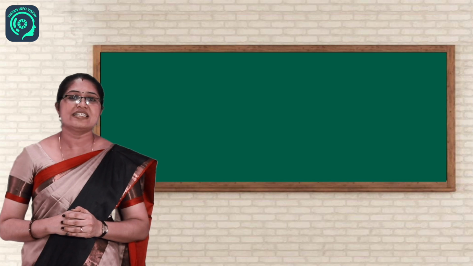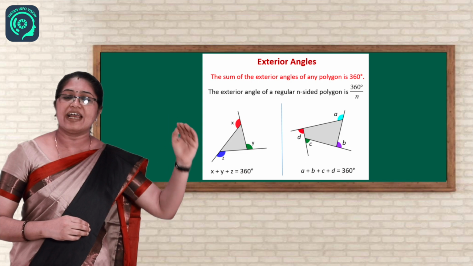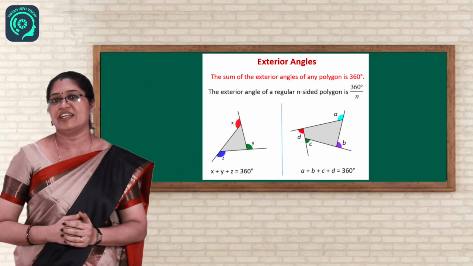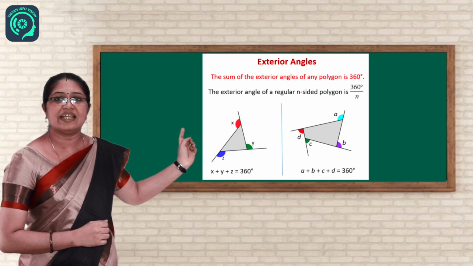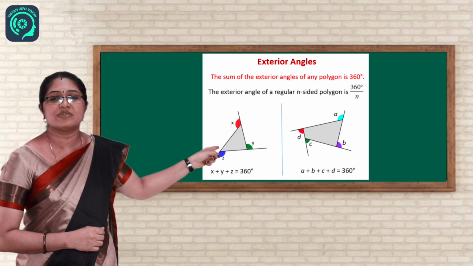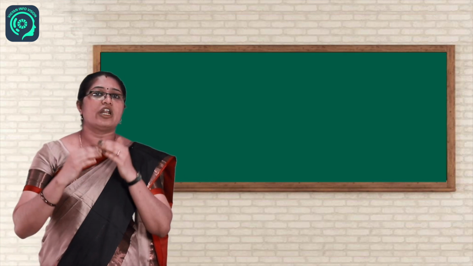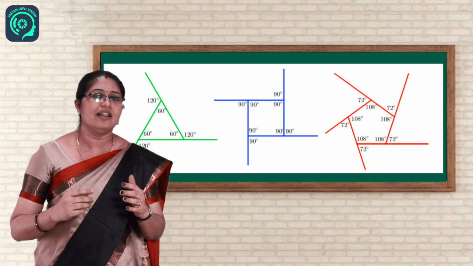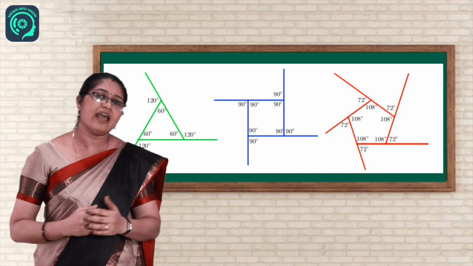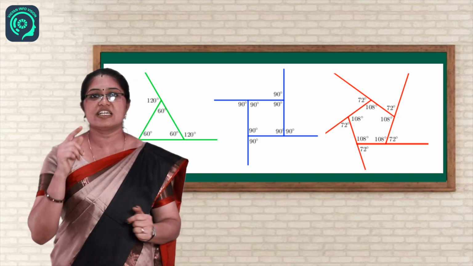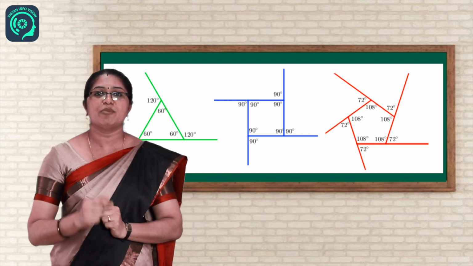Children, now let us see the sum of the exterior angles. What is exterior angle? The angle which is formed outside is exterior angle. See here in the triangle, it has been extended towards one side. The sides are being extended. There forms an angle, that is exterior angle. Okay, so you know for an equilateral triangle, what is equilateral triangle? When 3 sides are equal and 3 angles are same. 3 angles are same means what is the measure? 60 degree. So you have learned the linear pair, that is the total sum is 180 degree.